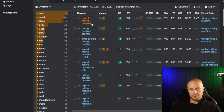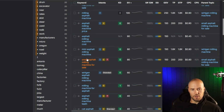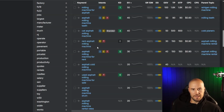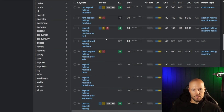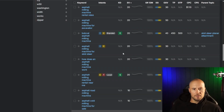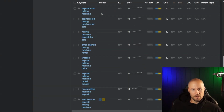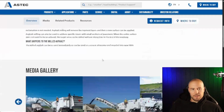And here's a list of keywords they could use to optimize on that page. Asphalt milling machine, of course, and then small, asphalt milling machine rental, if you have that or not, asphalt milling machine for sale, price, cost, mini, small. So just different group sizes, it looks like, would be a good grouping. And then if you had rentals, that would be another one. Cold milling, so having some information about cold milling and cold planer, cold planing, things like that. And then asphalt milling machine for skid steer. So if you have different attachments or however that would work. So lots of opportunity to add other content to a page or to a page like this,